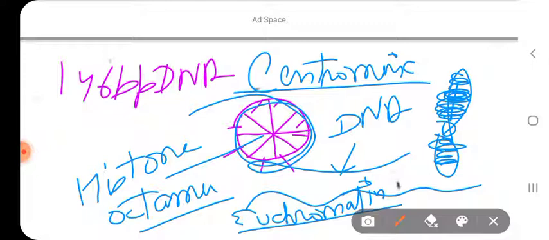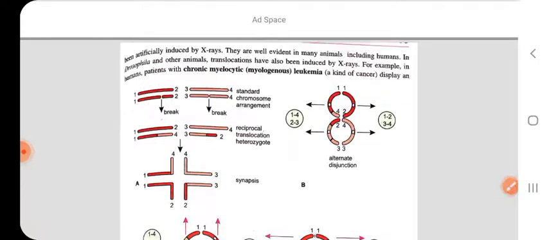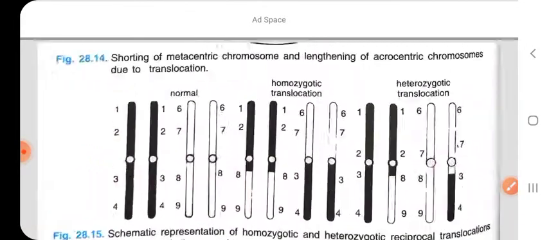And thus in homozygous reciprocal translocation, we cannot see them cytologically because they form regular bivalents. The homologous chromosomes are exchanging their parts during crossing over, but as the position of the genes has been changed to a different location, they will show some different phenotype, and that is what we call position effect. Okay, so this is what I want to talk about. This is what I want to say.